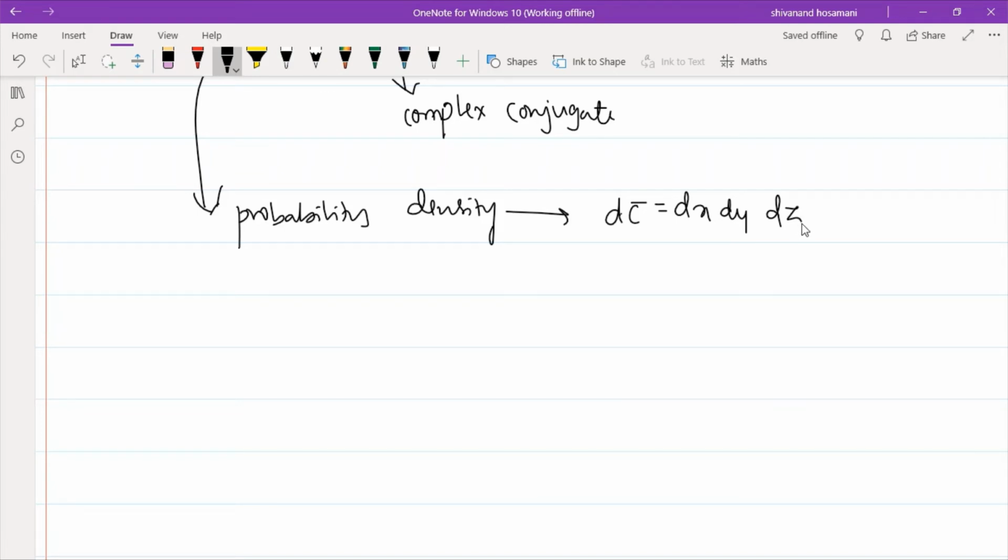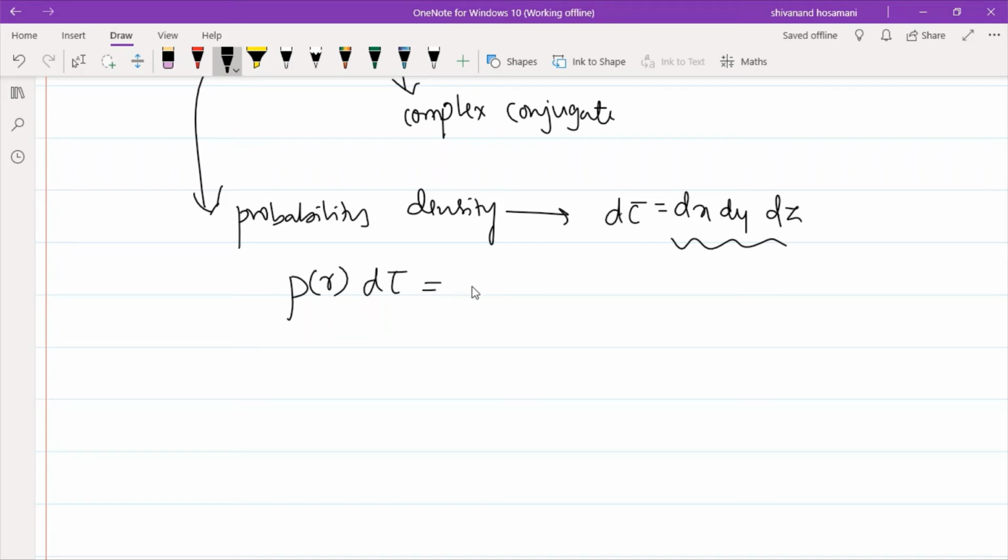So it is called a volume element, where the probability of finding the particle exists in this region. That can be represented as the probability of this wave function with respect to the position, given by P of r into d tau. So it is the probability of finding the particle in the three-dimensional region, that is the dx dy dz volume element.